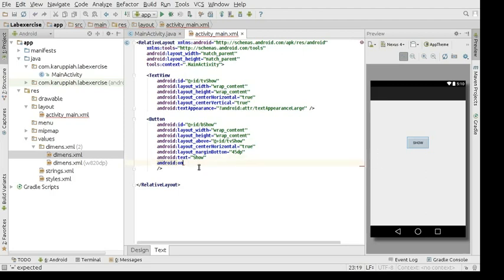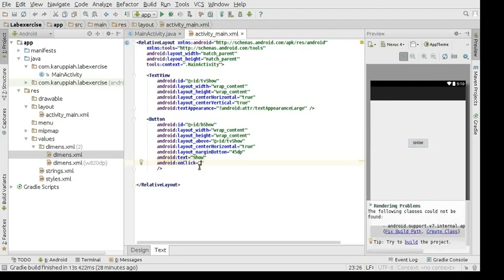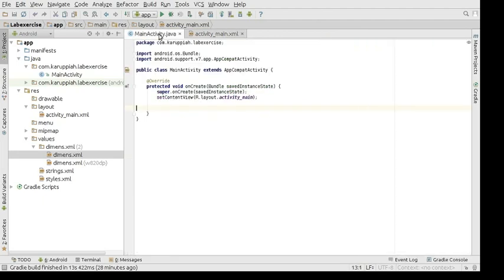So you type in on click, and it's all camel case, so type in on and it will show you some suggestions, and on click. So what are we going to type in? We are going to type in a function name which will get called. I recommend you first create the function, create a public function. It should be public, it must be public. So I'm creating a custom